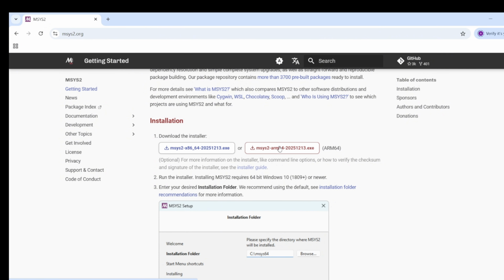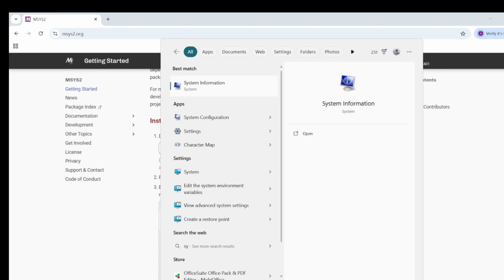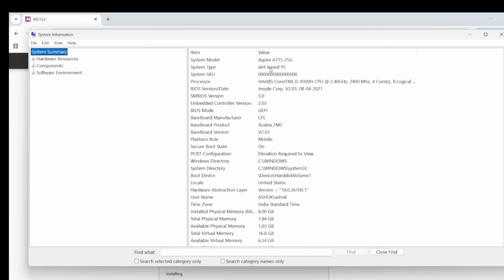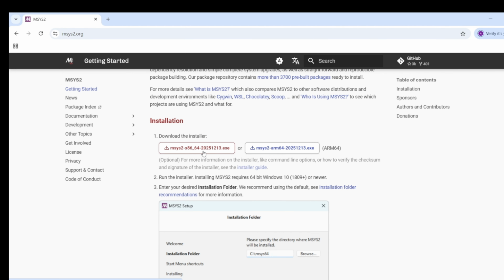Here there are two versions. One is for ARM, another one is for Intel. You can find which one via system information. Here you can see it is Intel. If it is ARM based, you can download the ARM based compiler. So for me it is Intel, so I'm downloading the first one. Just click that, it will start the download